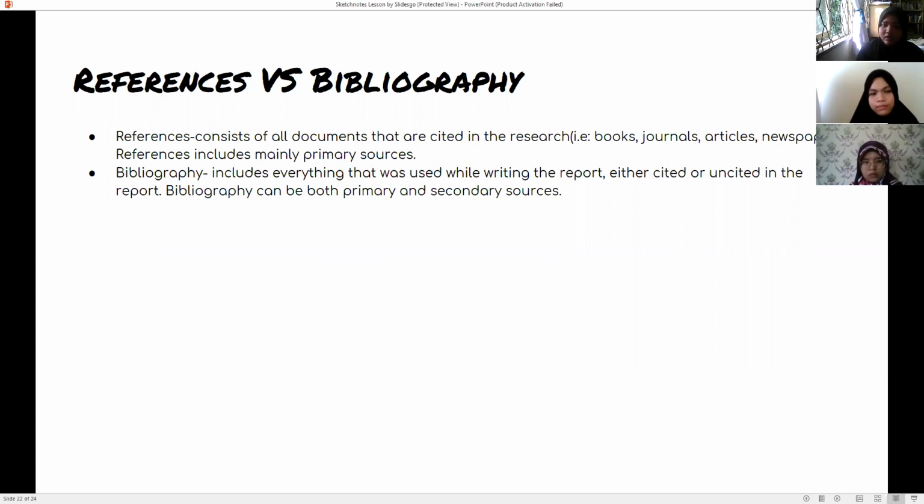So those you have to include in the references. And a bibliography can have both primary and secondary sources. For example, you use some info from an article, but that article is not the primary source of the research. If you're writing a bibliography, you can include that as well.